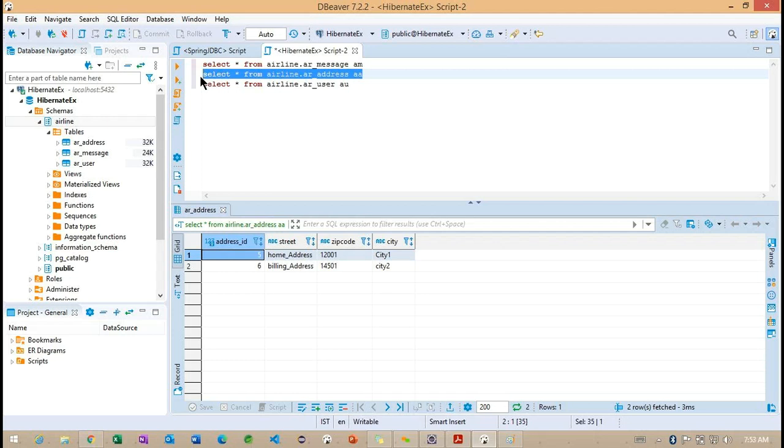We can make the relation between the user and the address, and we can specify the type here. Getting the point. So based on the type here, what we can do, we can go for the particular information. The type here, we can check with the home address or we can check with the billing address.